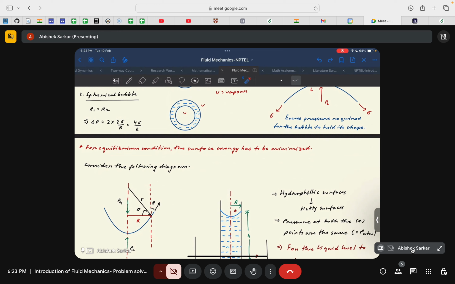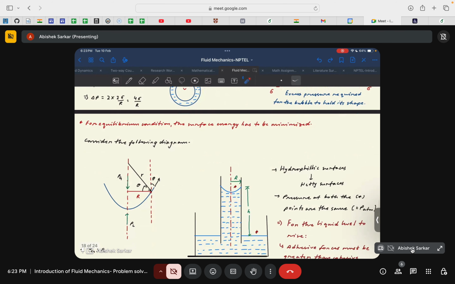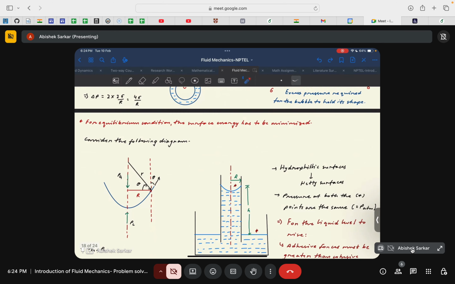Okay, so that's one of the applications or implications of the surface tension forces that give rise to this seemingly unnatural phenomenon, but you will see that this is completely natural because of the adhesive forces between the liquid molecules and the surface of the glass. Okay, and one of the very important implications of these surface tension forces,